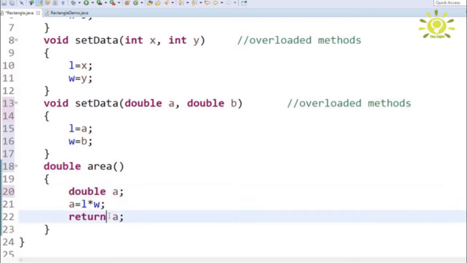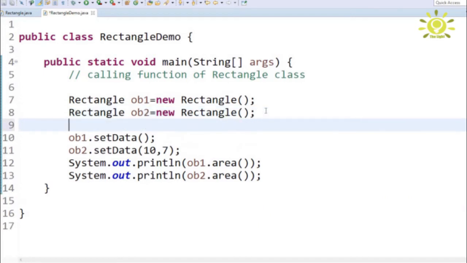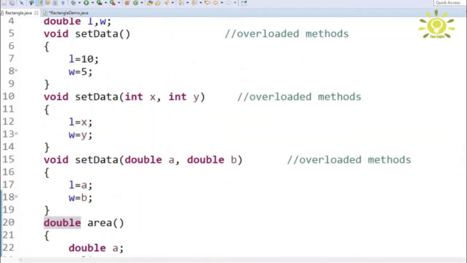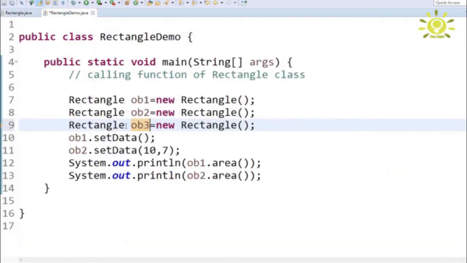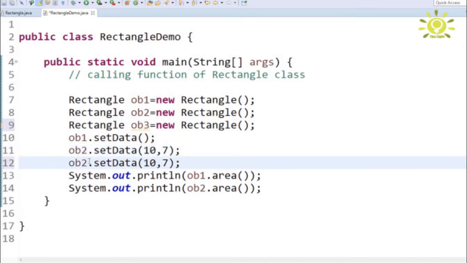Now save this program, come into the second class and declare three objects. You can see that in the Rectangle class I have used three overloaded methods, setData 1, 2 and 3, so that's why I have created three objects. Just copy this again, paste here and change it to ob3, and change the values to 5.5 and 6.7.